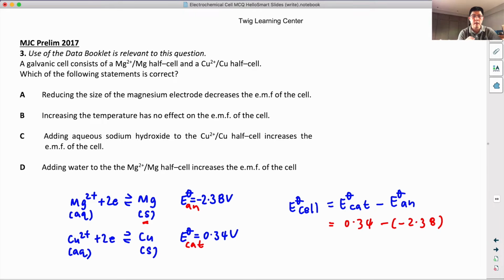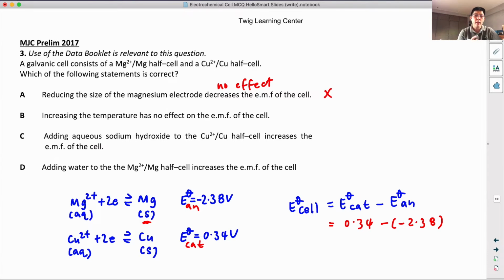It's not part of the equilibrium constant equation, all right? So in this case, changing the size of the solid will not affect the position of equilibrium for this magnesium. So this is definitely wrong, because it will have no effect. No effect. So the answer is actually no effect. Okay, increasing the temperature has no effect on EMF